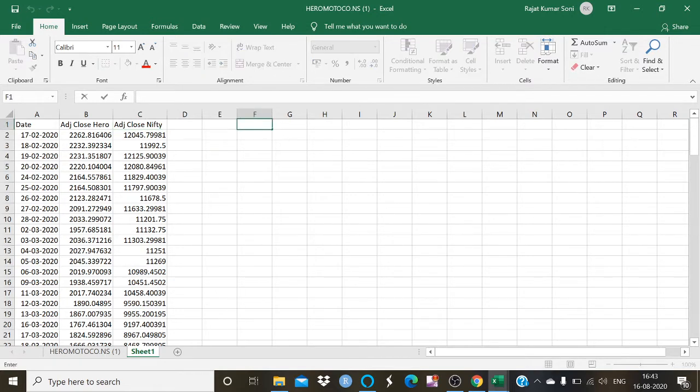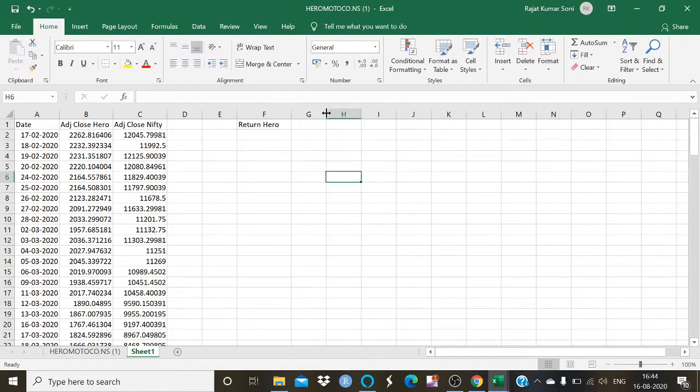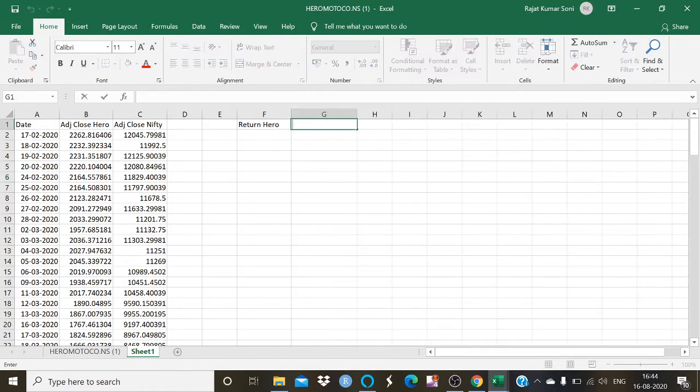Now I'm going to calculate the return. First of all, name one column return of Hero and another column return of Nifty.